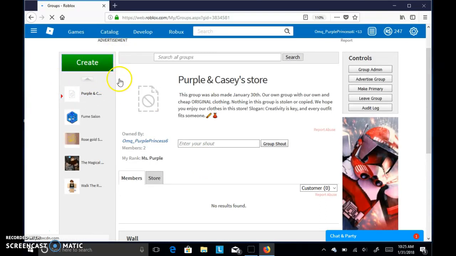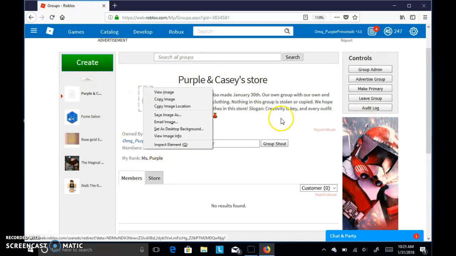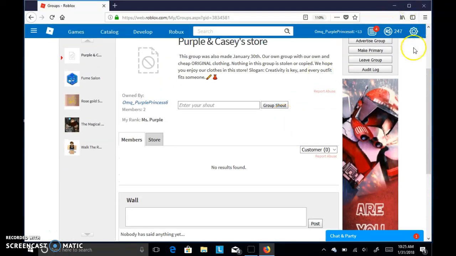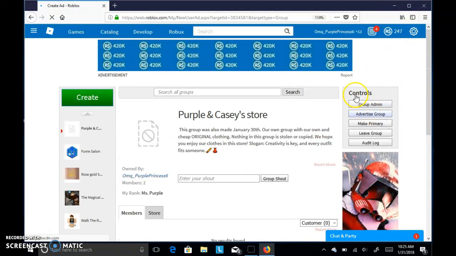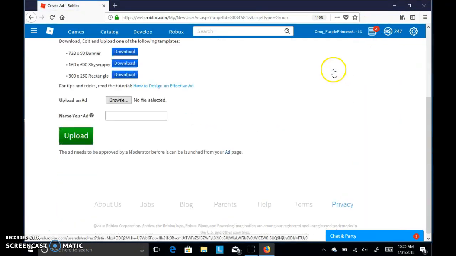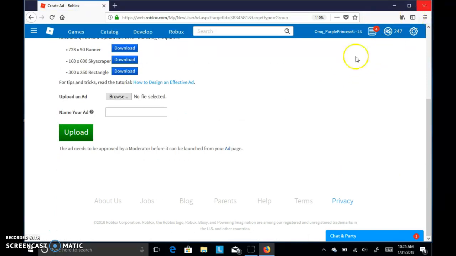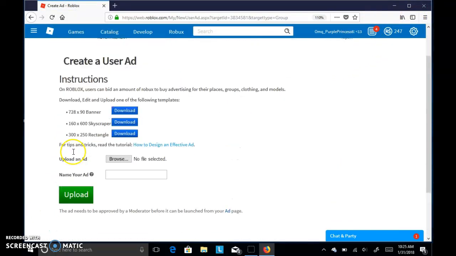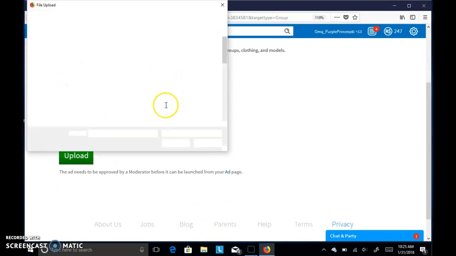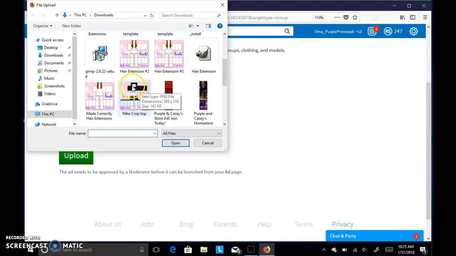Oh no, my group image got unaccepted. So now you press advertise group if you're the group owner, or the group owner gave you permission, or a higher rank gave you permission to make an ad. So then you would press browse and upload an ad,